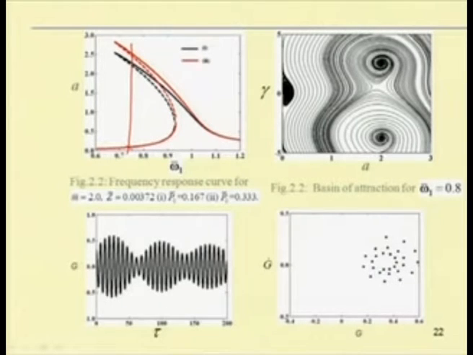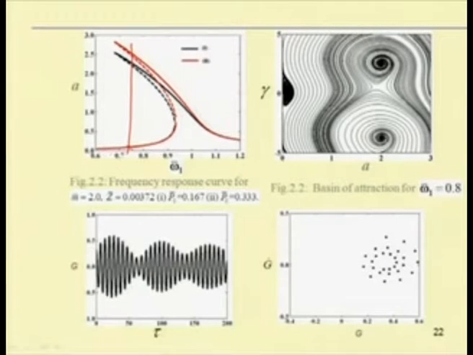This is a fixed point, this is another fixed point. These two fixed points are stable, but there is one unstable. To know to which stable branch the system response will move from an initial point,